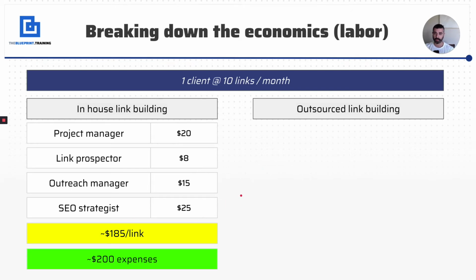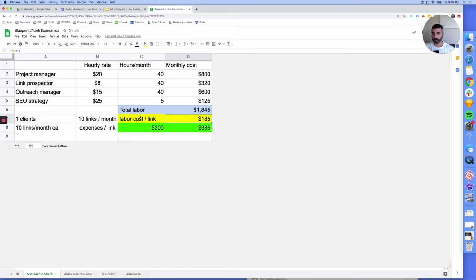I've got a spreadsheet actually. Let's jump over to that. It breaks this down a little bit clearer for you. So again, here's the role, the hourly rate, and then the hours per month needed. What you'll also notice here is that this is basically 10 hours per week for these people, which means they're not going to be supporting you full time, which means they're going to be doing other stuff, which means deliverables are going to slide, which means more headaches on top of the headaches you're already going to have.